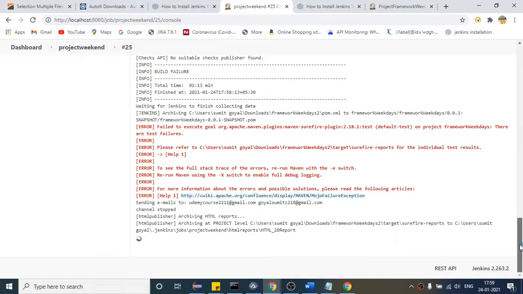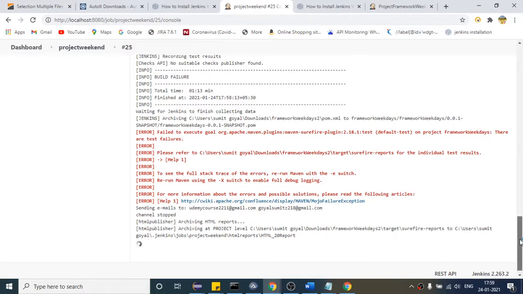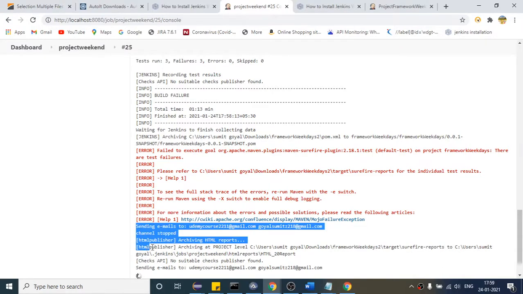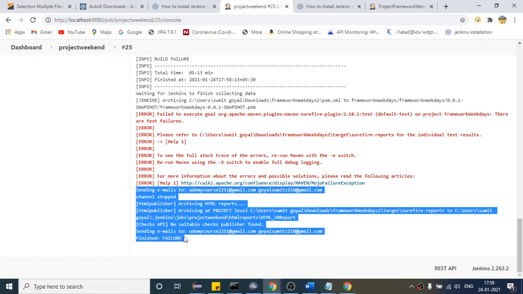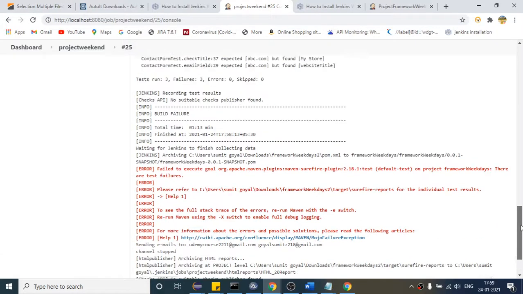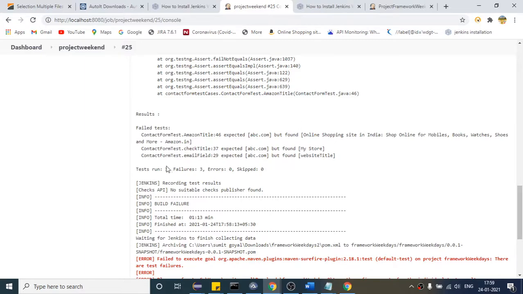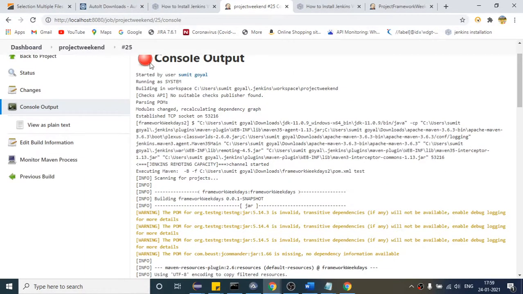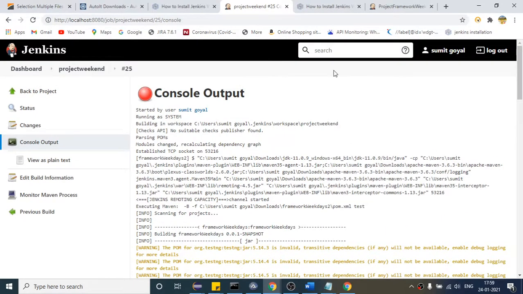okay, so after that, when you run for the first time, you will not see this. I will tell you how you can send the email and all. So after that it is finished. As we are getting some test case failure, total test case 3, failure 3. This is the reason you will see red color, which means some issue with your build, right? Which means some test cases are failed in your project. So this is one red one. If you fail any test case, then it will show.